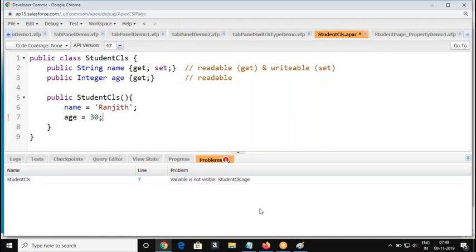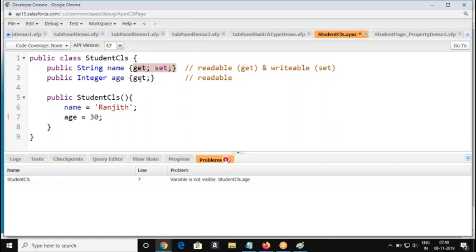That's what I mentioned in the beginning, like field level security. How do you make a field readable and writable? Similarly, the get set keywords play a role in providing access to the class member variable, whether the member is readable or writable. Now we declared it as get only. So the variable can only be read, but you cannot set any value.